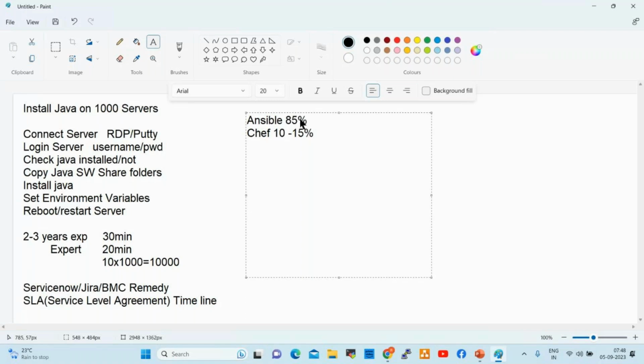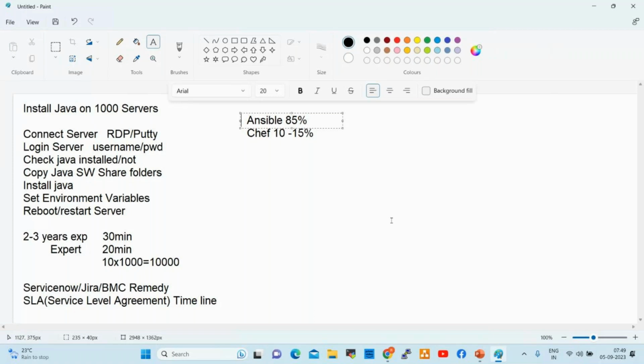By using Ansible, this activity we can perform in 1 minute only. This Java deployment on 10,000 servers, we can perform in 1 minute only. It is a 1 minute job. How to perform it, how can we install and configure Ansible, and how can we integrate it, we'll see in live sessions.